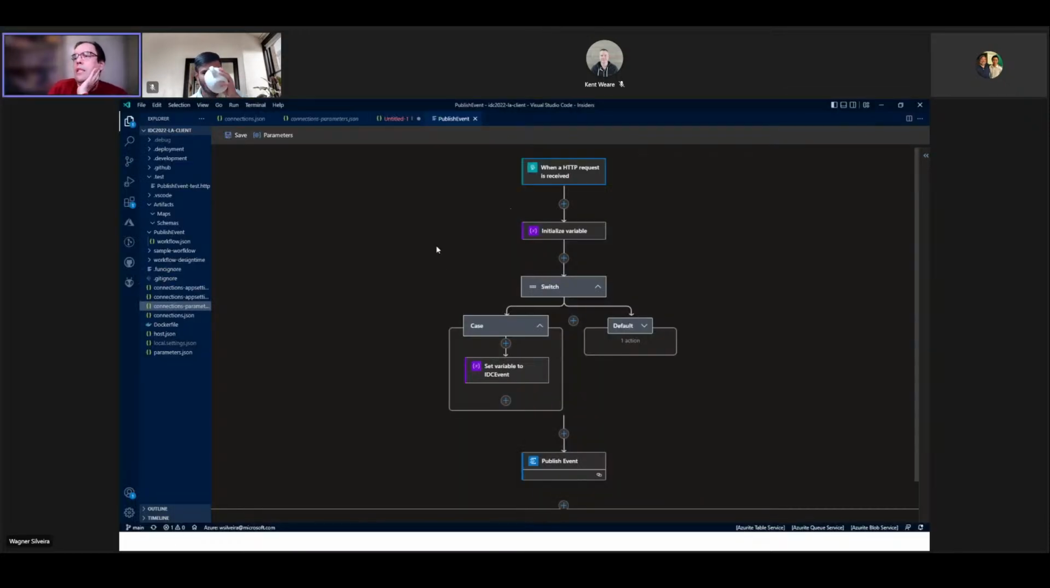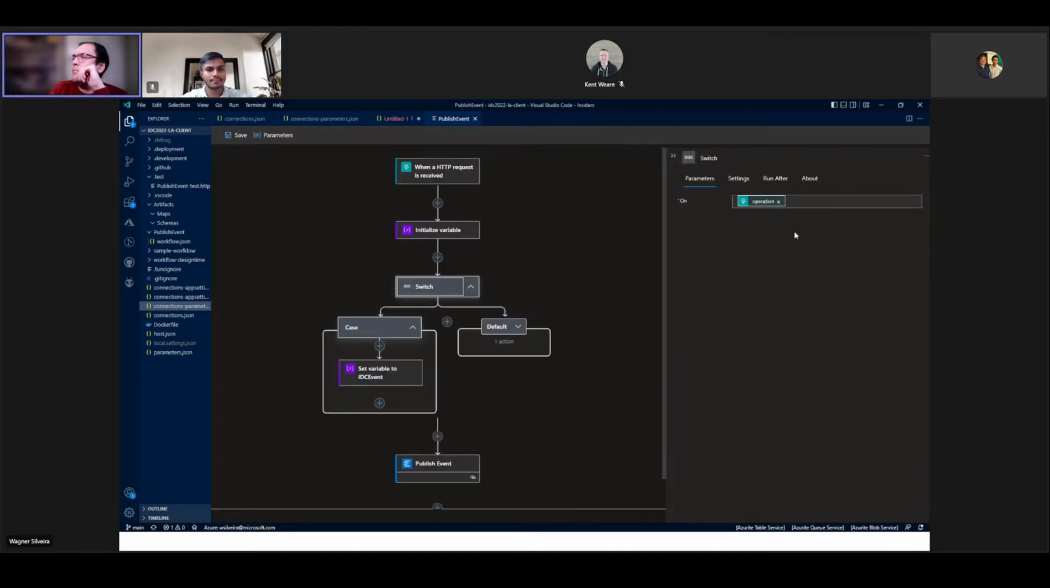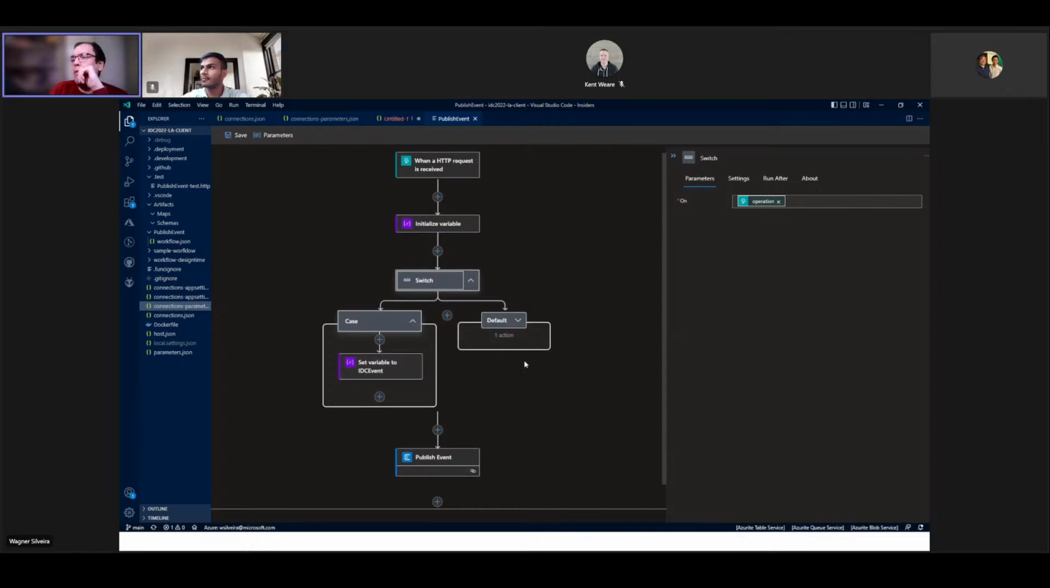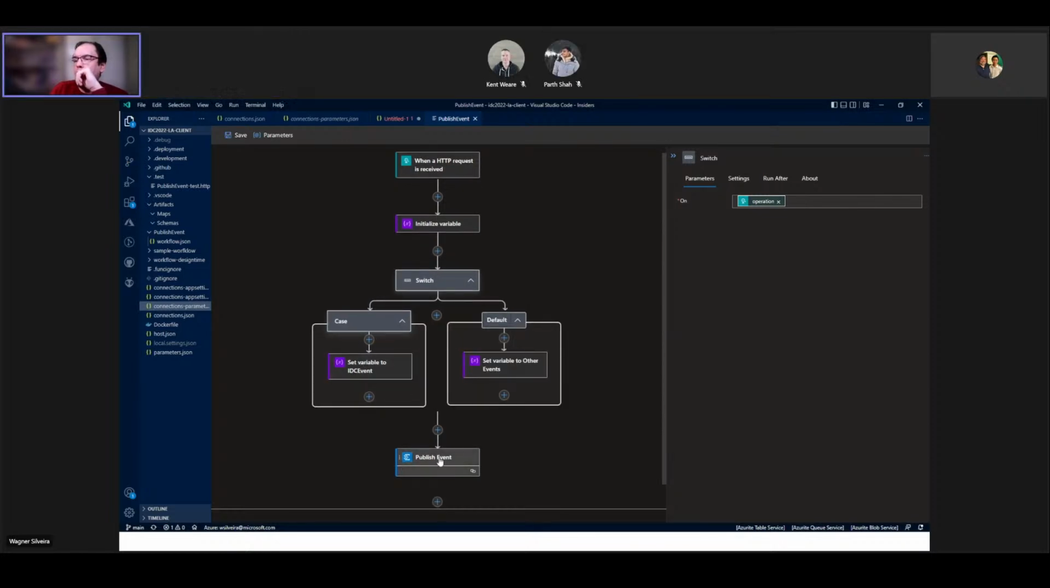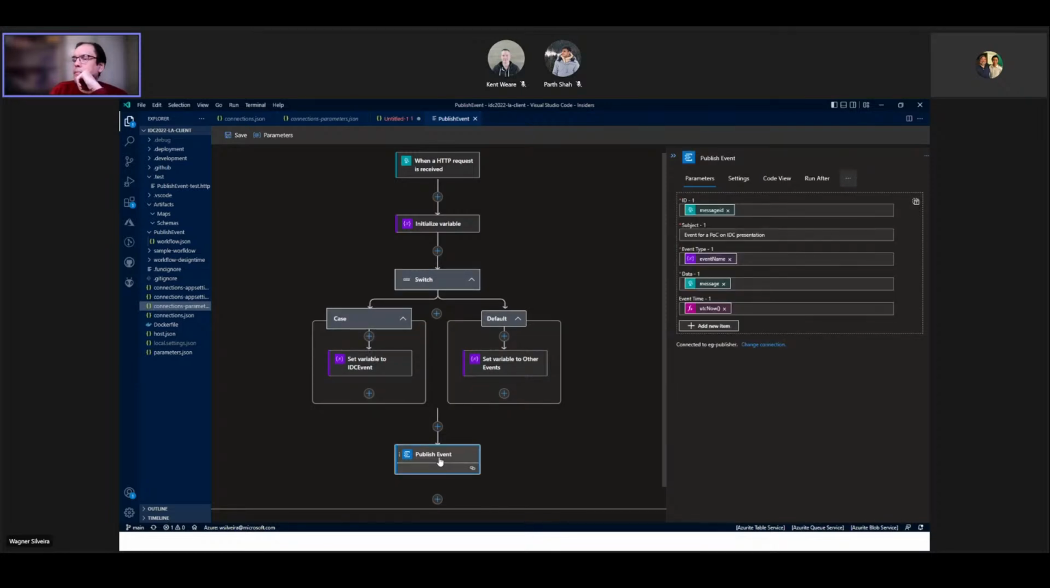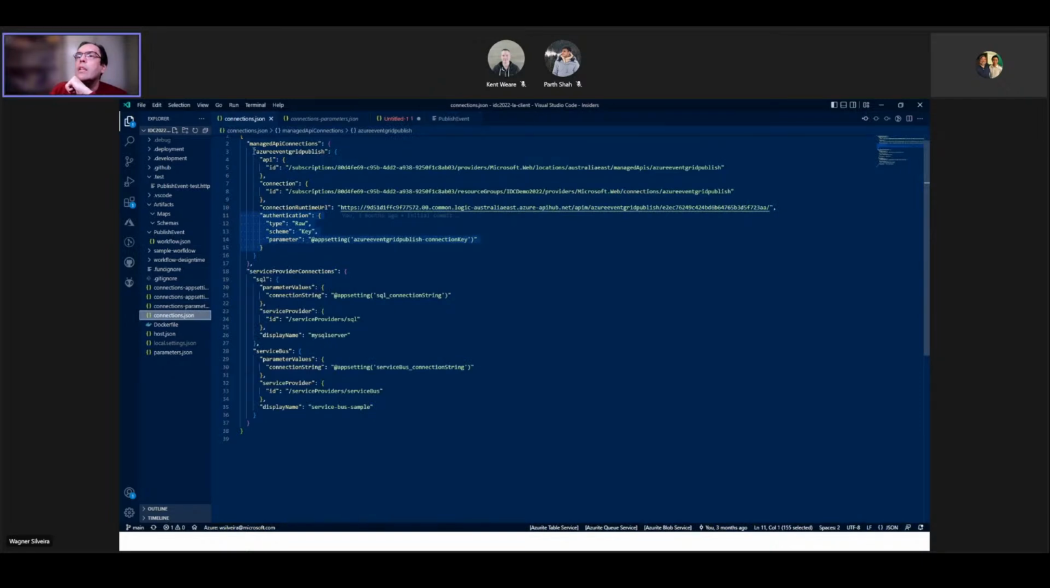So in this case here, I have that logic app that, when an HTTP request is received, initializes a variable, does some evaluation of the operation that you send in, and depending on the action, it publishes an event on Event Grid, right? So what we wanted to talk about a bit is this EG Publisher connector. If you go to our connections.json, we're going to see that the Azure Event Grid Publish connector is created,